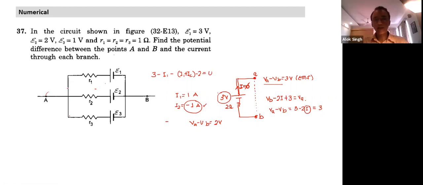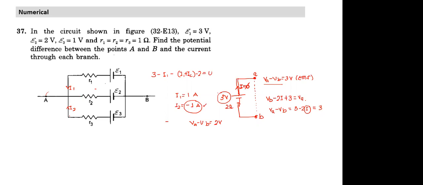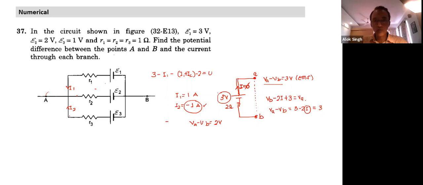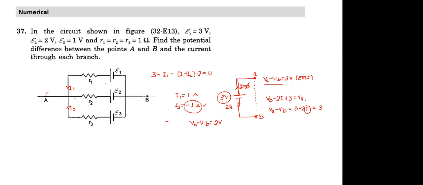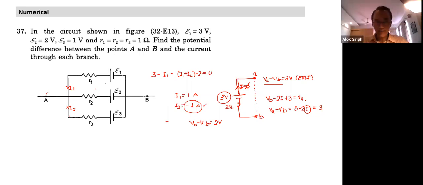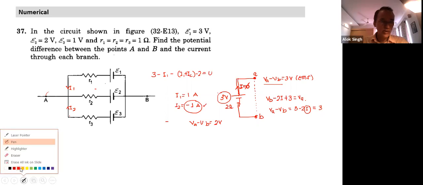Suppose I have taken this current as I1, and I have taken this current as I2. Is there any choice about the direction of current in this branch? The moment I have selected this current as I1 and this as I2, can I write this current like this, Ahlad? No, sir. So it depends on the choice I have made. I could have done the other way around. Suppose I did it the other way around.